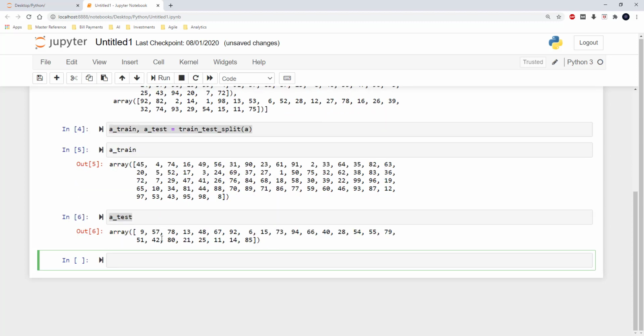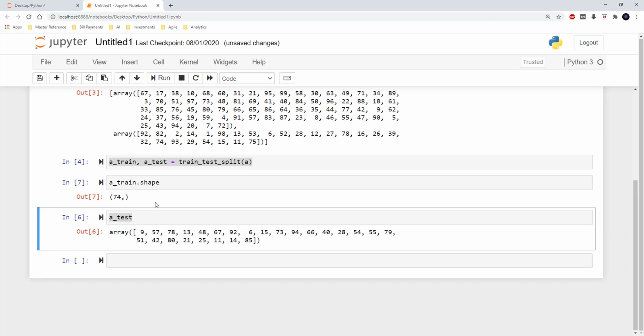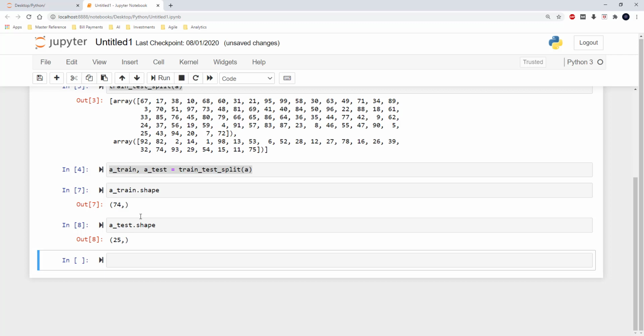So here let's check out the shape of the train dataset. When I run this piece of code, you can see that the shape is 74 and the shape of the test dataset is 25.